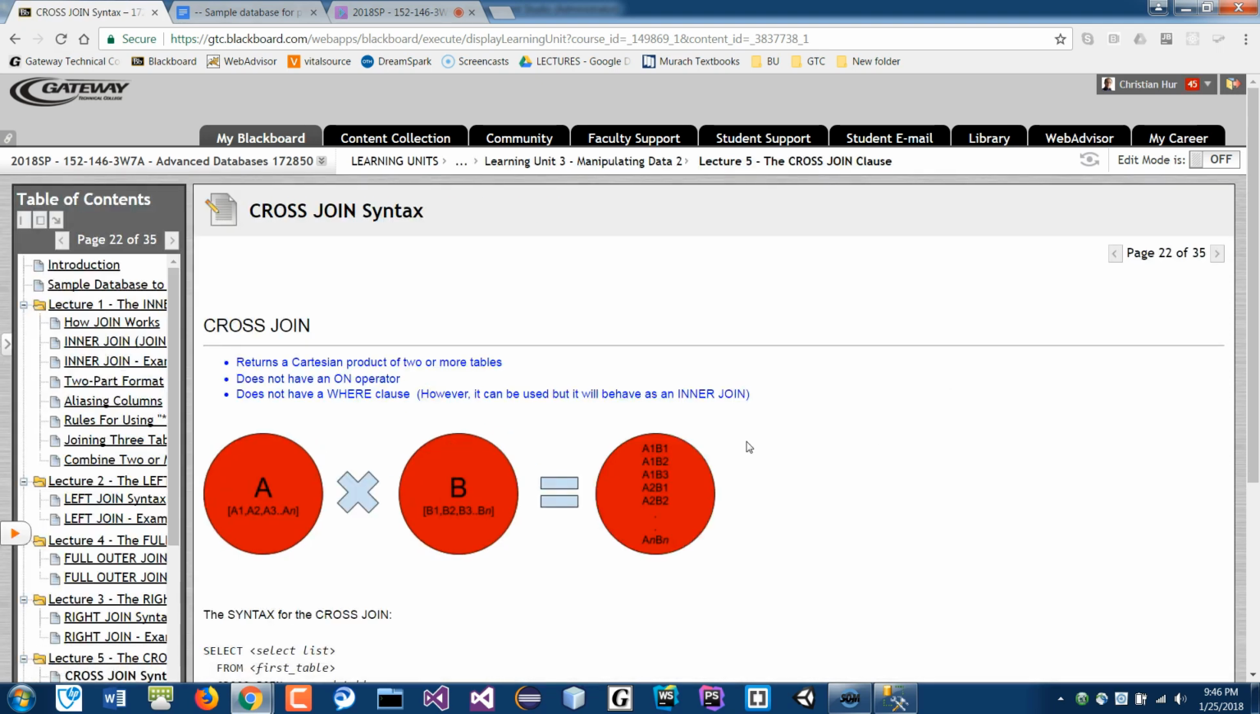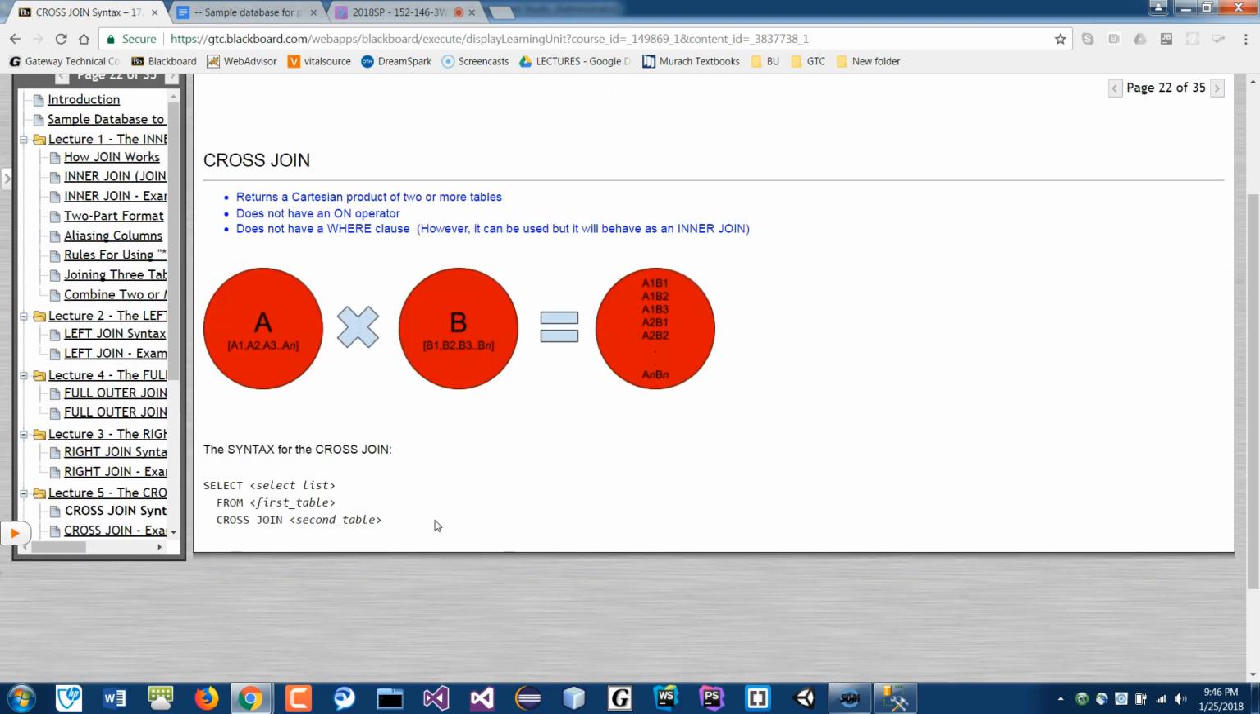And with the cross join, you don't have to use the ON clause. Actually, you cannot use the ON clause, because it doesn't really care whether it's a match or not. It just does it for you. Okay, so